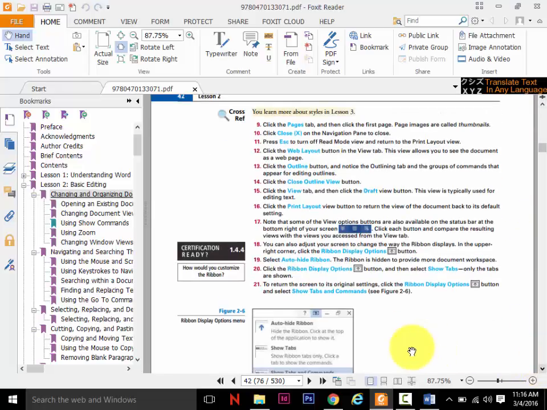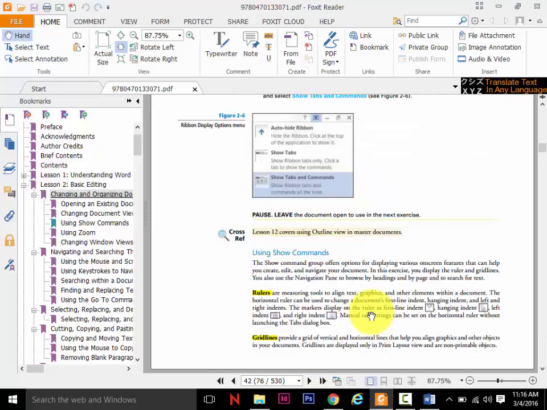So this is talking about working with the ribbon, how to get to that view part, going through outline, going through all your different views, kind of flew through it. All right, so now the next thing I'm going to show you, again, under the views section of the menu,